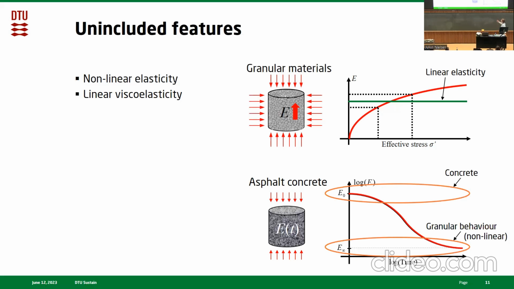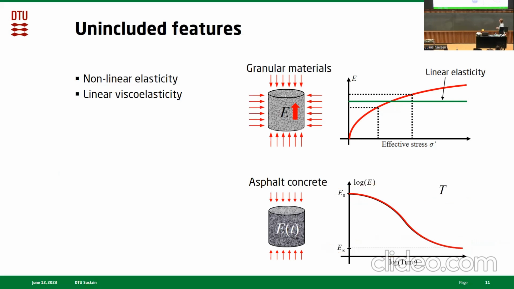Also in this case where there's granular behavior, it's also behaving nonlinear. To make it even more complex with asphalt, it's also dependent on the temperature conditions. The way to account for or to visualize this is that when we increase the temperature, this time function shifts to the right, and for a given amount of time when load is applied, we see that the modulus drops. Reversely, if we lower the temperature, we shift to the left here, and then the modulus increases. So these are some effects that need to be accounted for